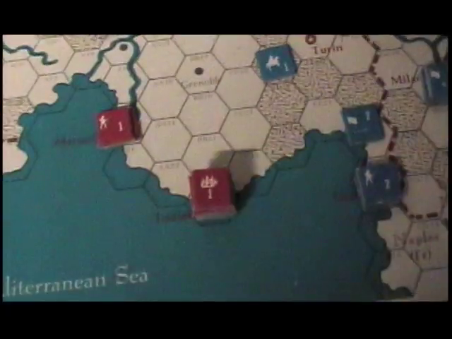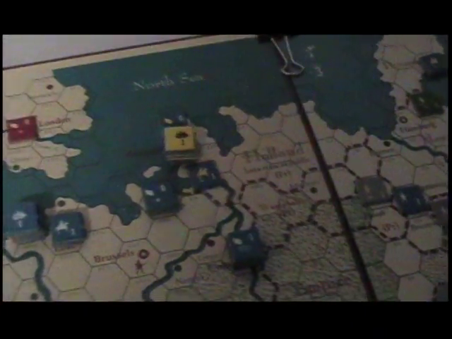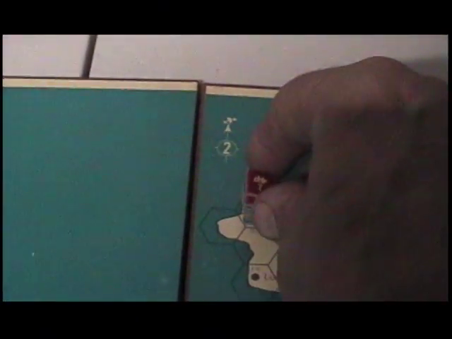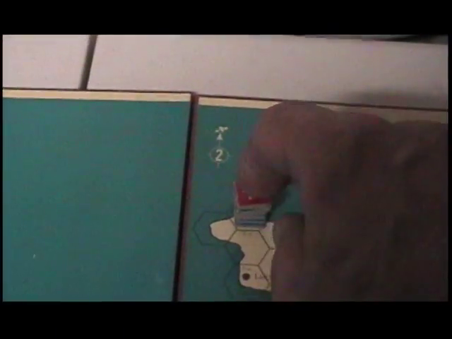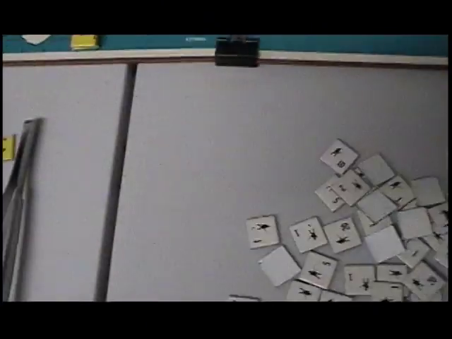So that takes care of that. We can wish to get in another battle. I don't know. Maybe I'll just run the blockade right here. Let's run the blockade in the Atlantic Ocean. See if they can escape. And they do not escape. They can conduct a battle,